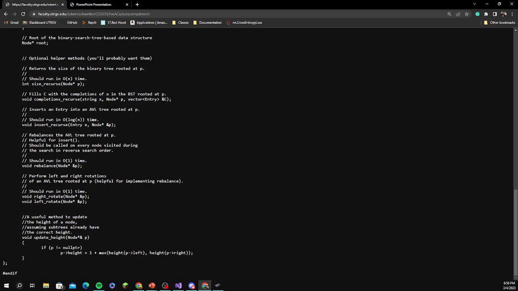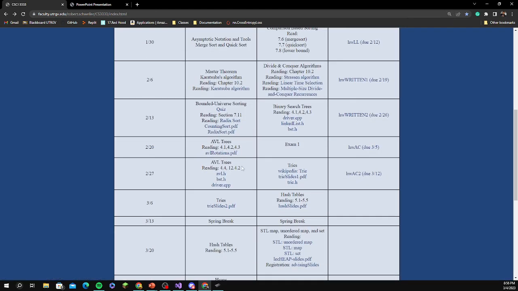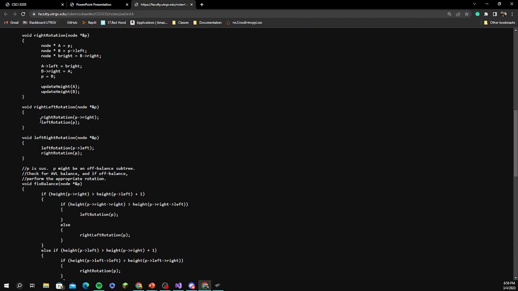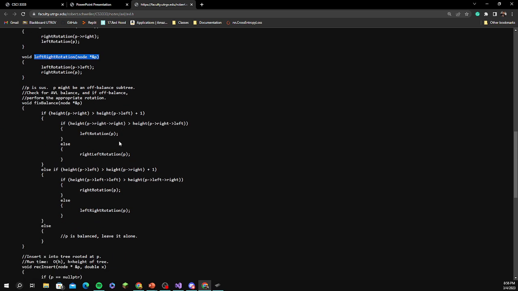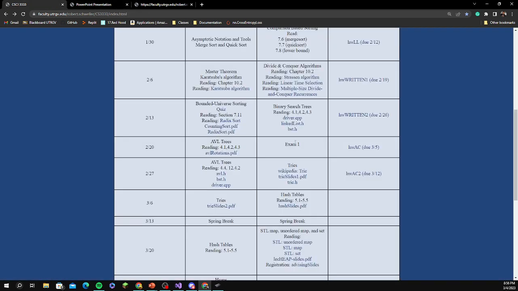You guys know how to write the right rotation, left rotation, right? And rebalance, correct? Did he teach you how to do that? I know he went over this in class. So yeah, right left rotation, left right rotation, and this is just your balance. So these are the helper codes or helper